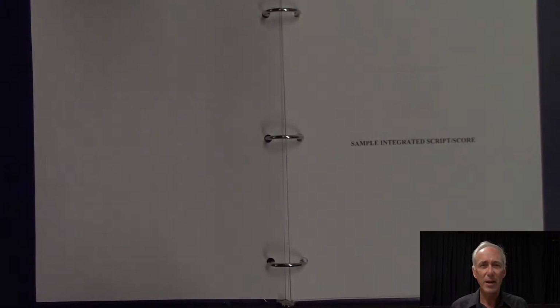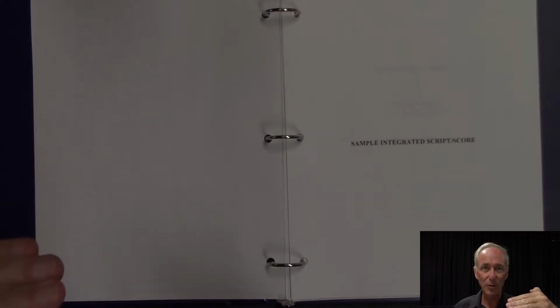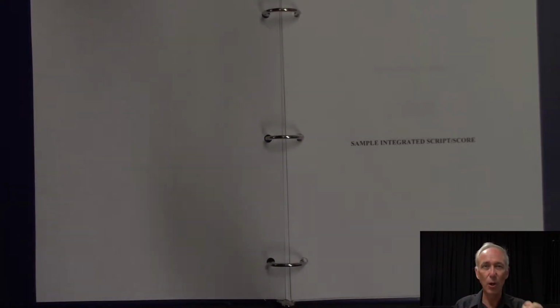The biggest formatting difference for the book writer or the word processor is that the lyric pages, for an integrated script and score, have a hard page before and after them, so the lyric page stands alone. There's no book on the lyric page, and there's no music on the lyric page. It's all by itself, just the lyric. In fact, the book has little packets of book that are all by itself, and it finishes its little